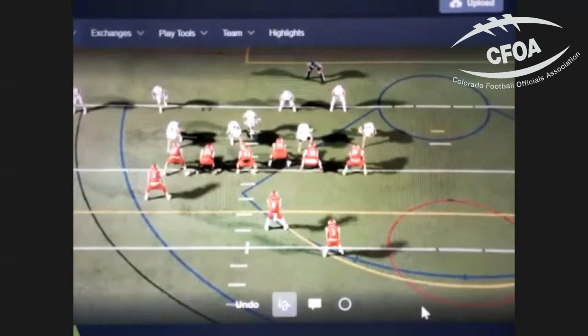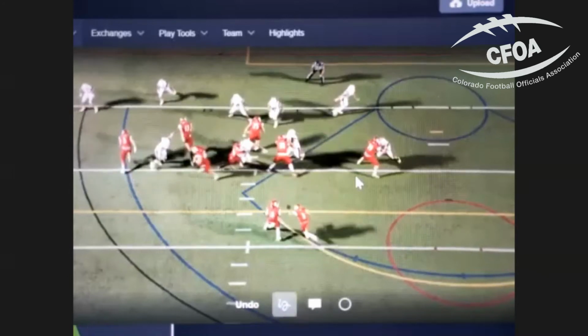Right. So our coaching point is we need to take care of everyone on the line of scrimmage. Everyone that has their hand in the dirt, we're making sure we're taking care of. It started on the offensive right-hand side. 79, our right tackle, is going to pass set, because we want him to go wide anyway, even if this was a run play. We're going to pass set him.